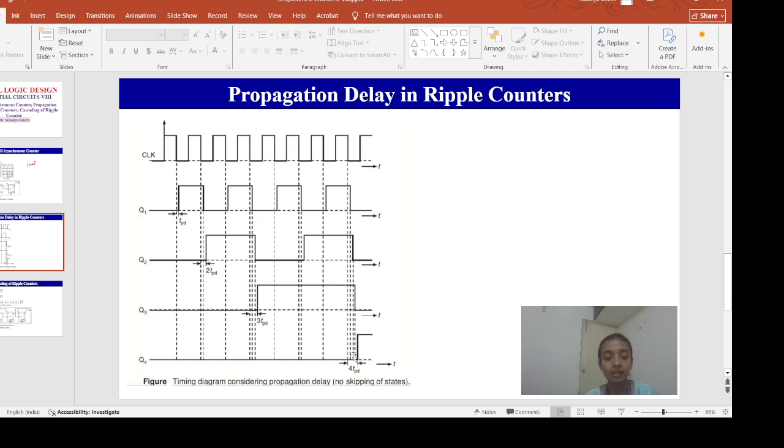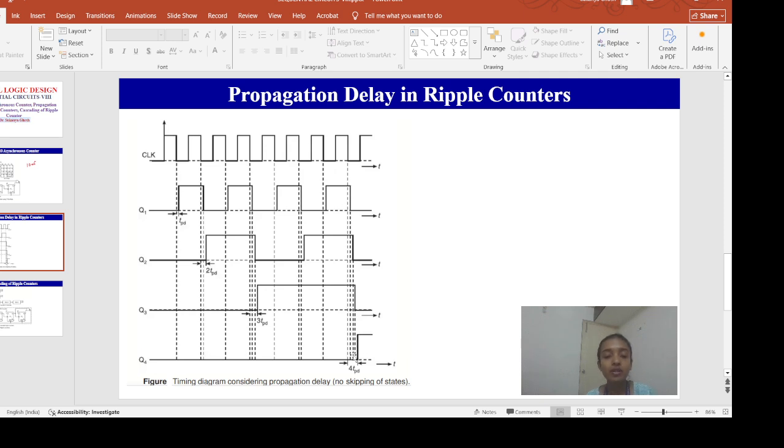If the propagation delay is large and the clock frequency is very high, meaning the clock time period is low, then there is a possibility that the first flip-flop will respond to the new clock pulse before the previous clock pulse has affected the transition of the 4th flip-flop. When the last flip-flop finally responds, what will happen? The counter may read 1001 having skipped 1000. Thus the count goes directly from 0111 to 1001.